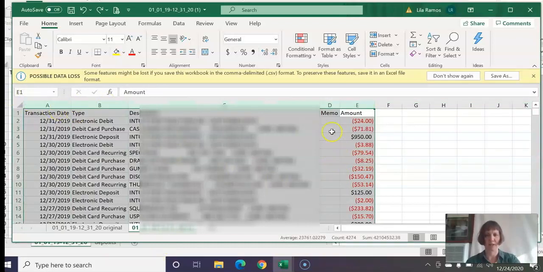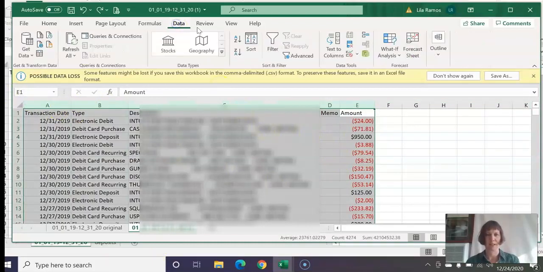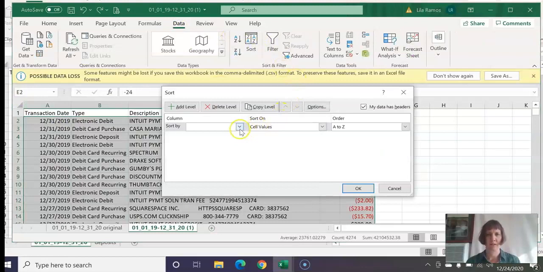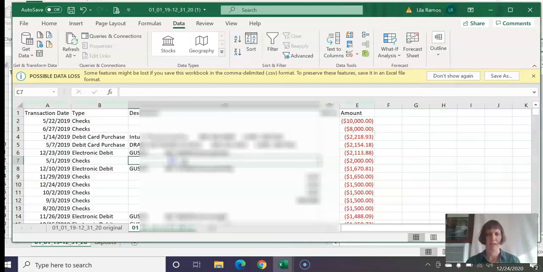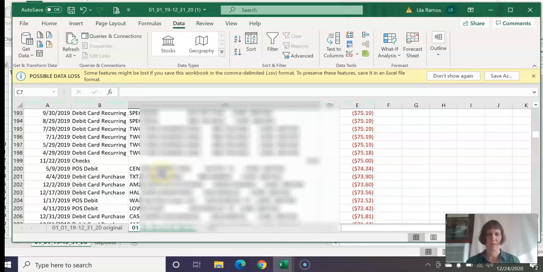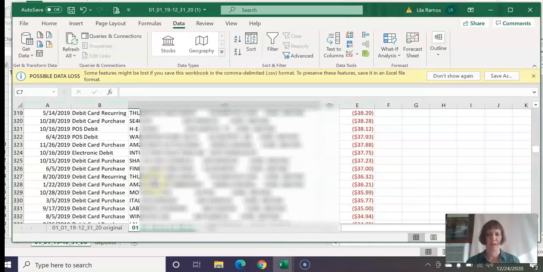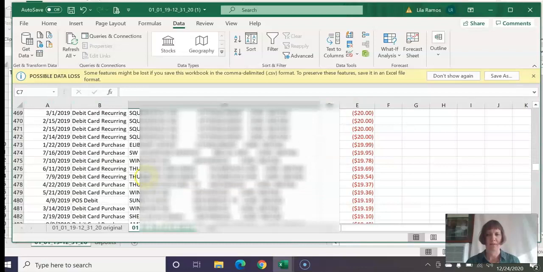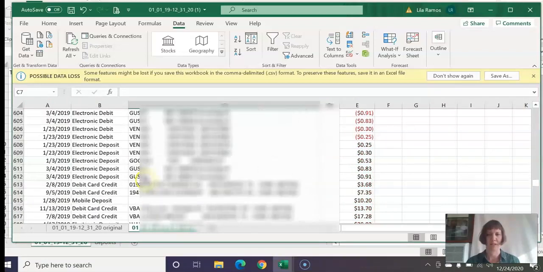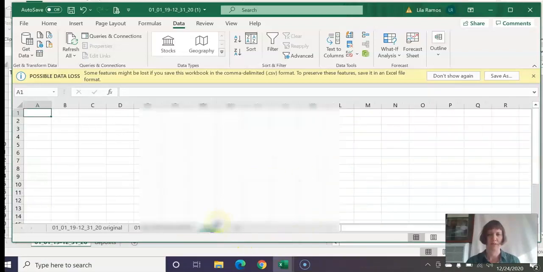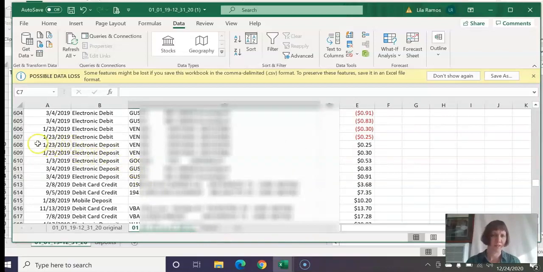So I select all the columns, data, sort, and I am going to sort by amount. And what that's going to do is it's going to put all my pluses in one spot and all my minuses in one spot. So I'm going to scroll down to the pluses, and I am going to pop all of these guys